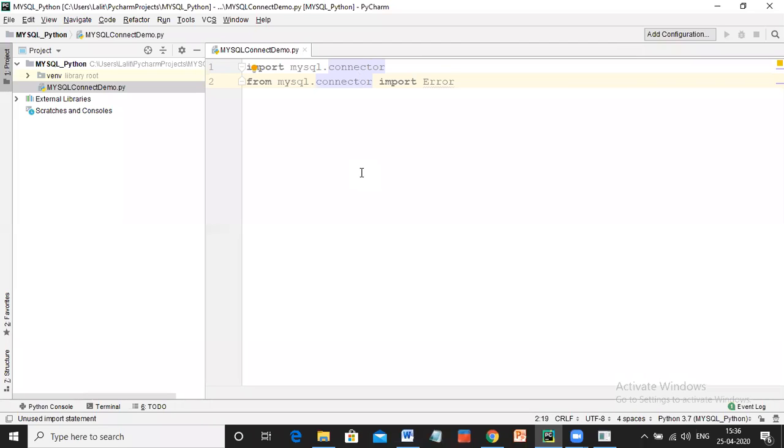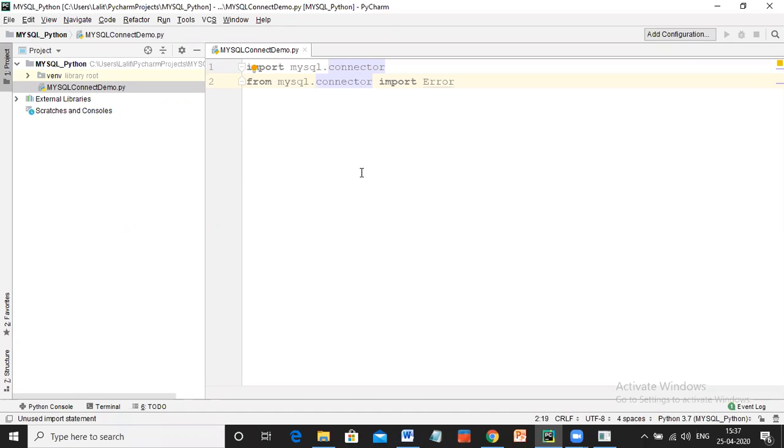By writing this line, I'm telling PyCharm, or the Python interpreter, that if MySQL connector receives any kind of error while performing operations, please display them.